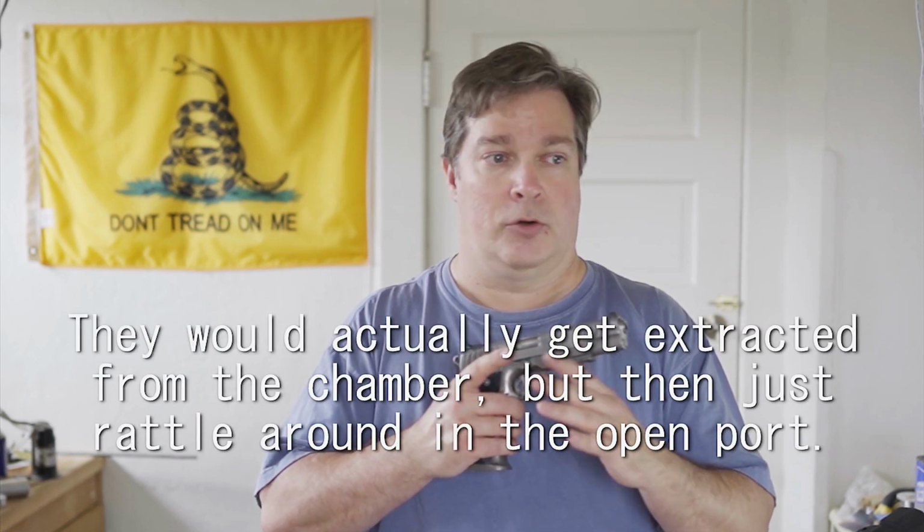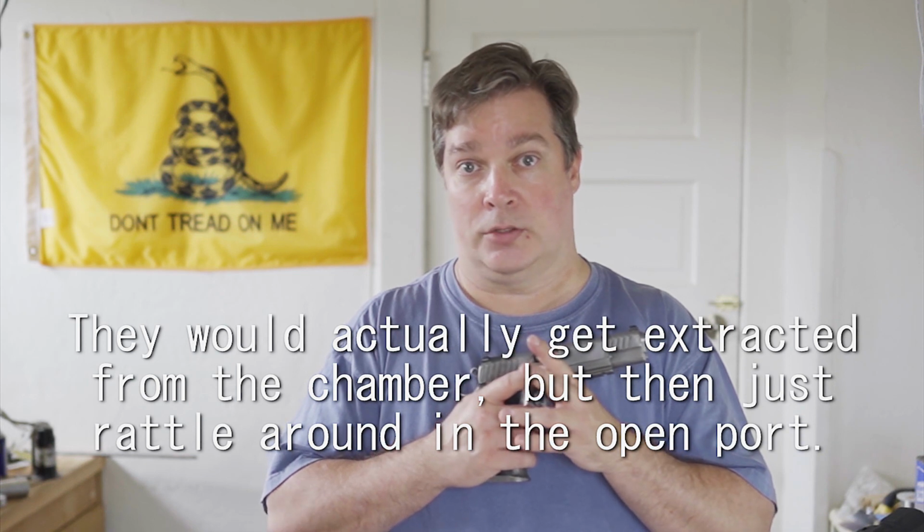And I think those were good things to do, but the extractor I had in the gun, the rear face of the hook was a little bit farther forward from the breech face, left a little bit too much space in there, and so it wasn't getting a tight grip on the rim. Initially that wasn't a problem, but there's something else I did that caused that looseness to completely fail to start extracting, or started failing to extract rounds as I test fired the gun. And that is, I shortened the ejector